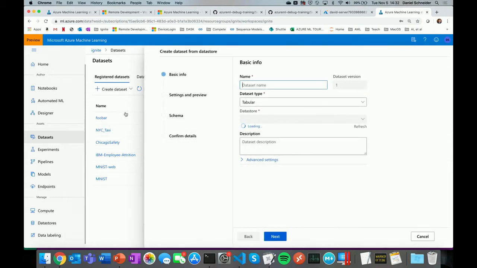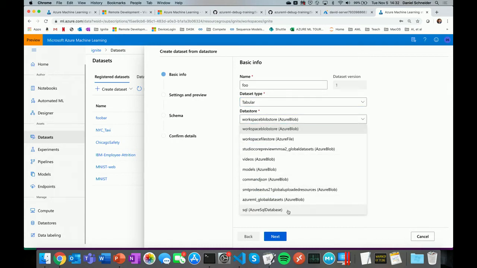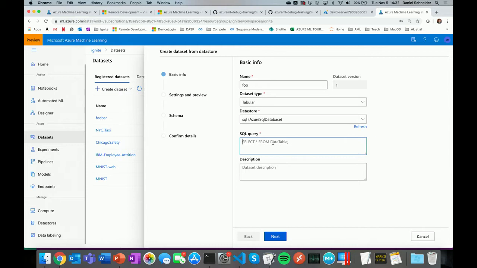So what we're going to do, though, is we have our data in a SQL database, and we're going to call this foo. This is going to be a tabular data set. Tabular means it's a structured data set that has rows and columns. The other option would be a file data set, which would be a collection of files. For example, if you have image processing or image recognition, you go with that. So then we'll pick a data store. You've seen I had a bunch of them further down. I'm going to pick this SQL server that I've set up here, and then all I need to do is type in the SQL query here and